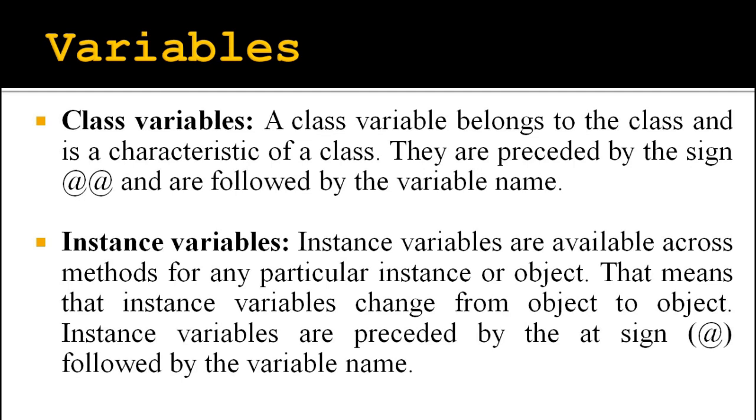Coming to the fourth type, the instance variable. These variables are initialized when an object is created, so instance variables change from one object to another object. An instance variable starts with @. So these are the various types of variables supported by Ruby. Let us see how local variables work. In a later session, we are going to learn about global variables, class variables, and instance variables.